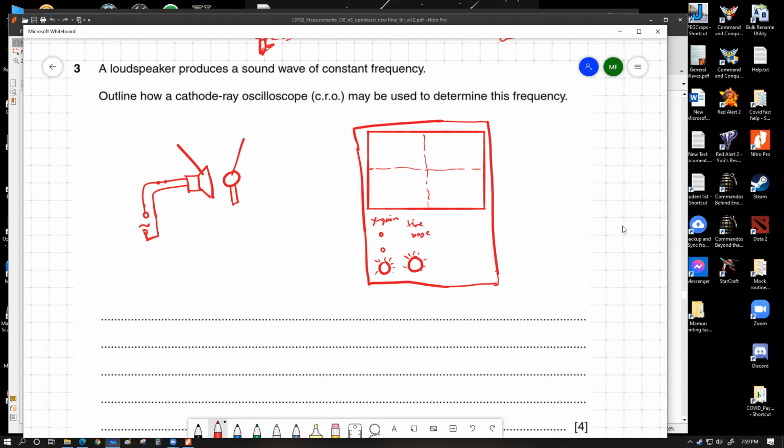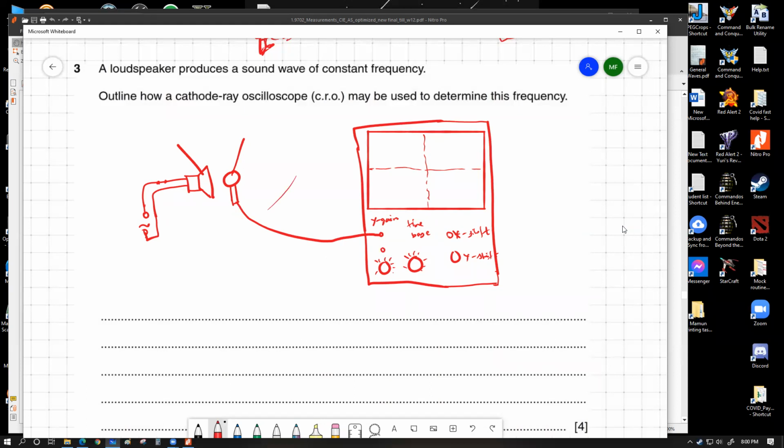So you can write over here time base. Writing down time base is optional. Then you can have some other optional buttons as well. For example, you always have something called X shift and Y shift. We can also draw those knobs if you want. If you cannot accommodate your writing within the box, you can just pull out arrows and label them outside. Equally acceptable, no big deal. Now, what is important is the two different types of connections that you can show. One connection can be, you show two wires coming from the microphone getting connected to the two parts of the Y gain. That's one option. You can do that. Or